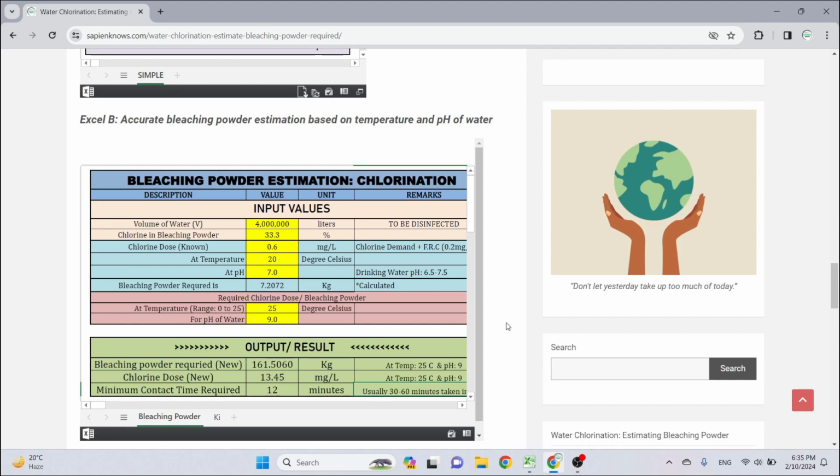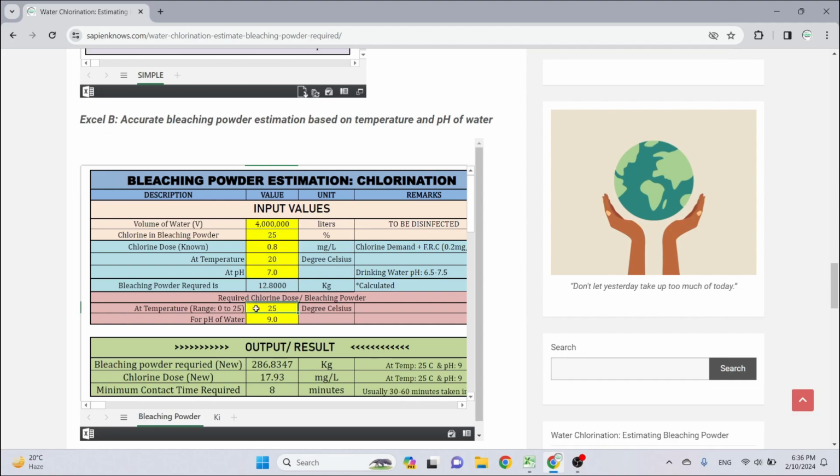As you can see, the volume of water and the chlorine content is taken as 25%, and the chlorine dose is to be taken from standard doses: 0.8 mg per liter at 20 degrees centigrade and at a pH of 7,